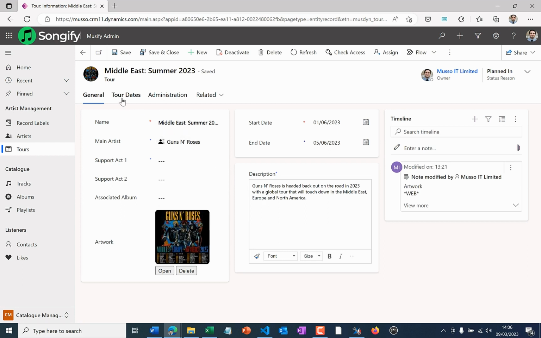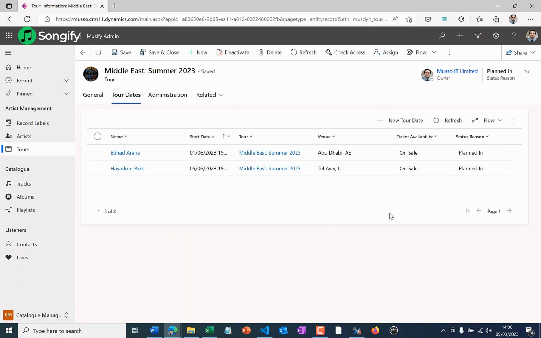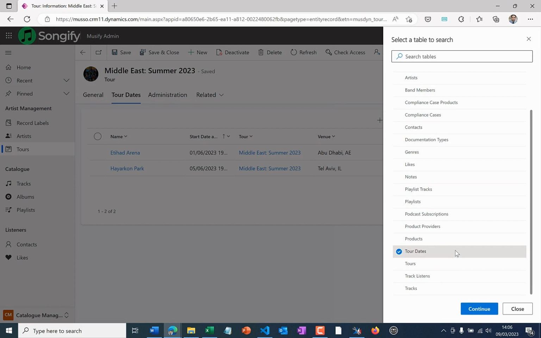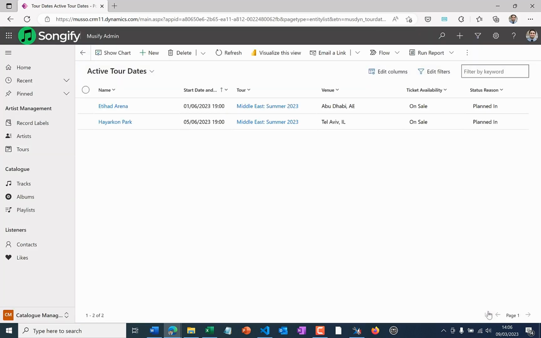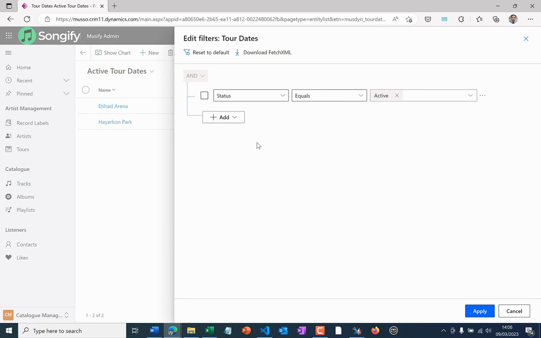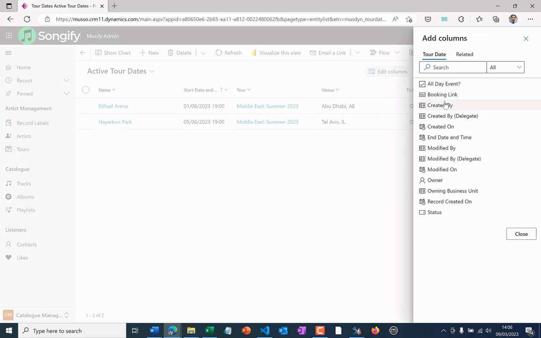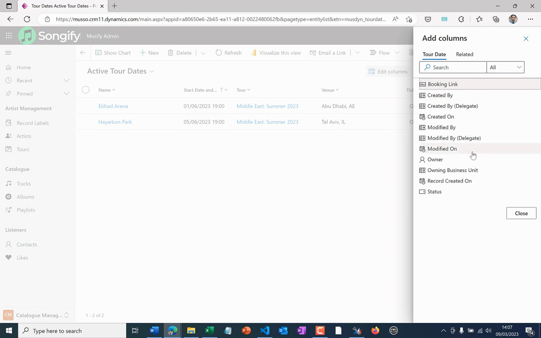And on the calendar, I want to output here a list of all the dates with those details that I saw in the JSON. First, I'm going to do an advanced find based on tour date. Status equal active is a decent start. I'm going to edit the column so I've got everything that I want to include within that JSON. So I also want the end date, whether it's an all-day event, the booking link,